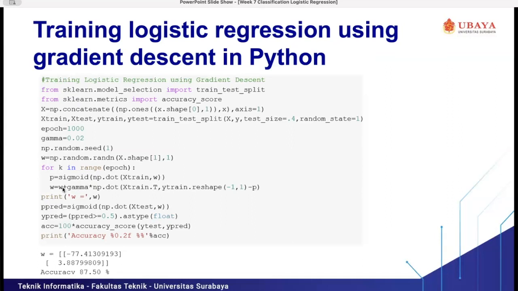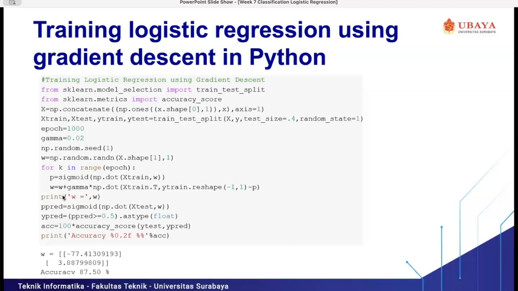Then after that, we use our previous formula for updating the weight. This is the implementation of the code that implements the updating weight formula.